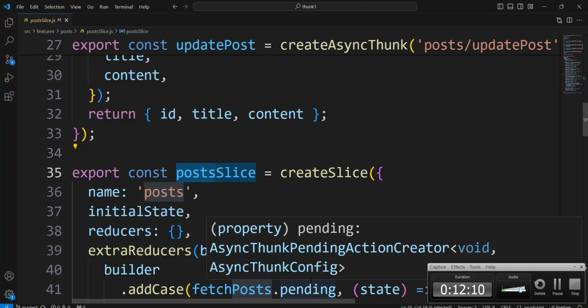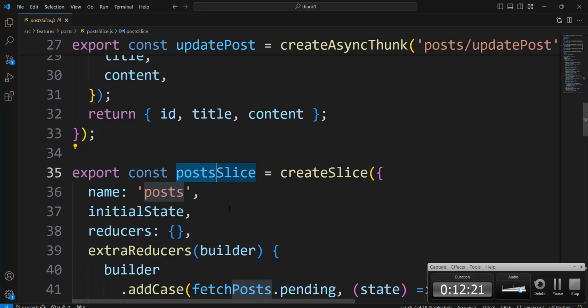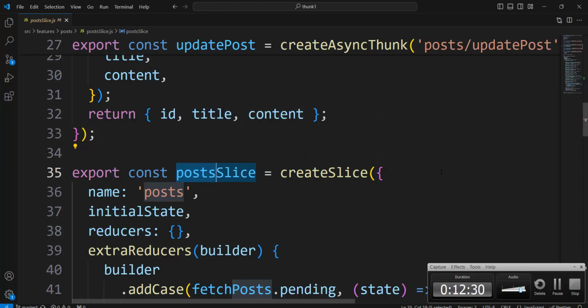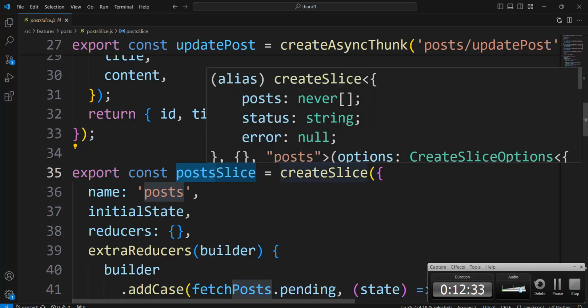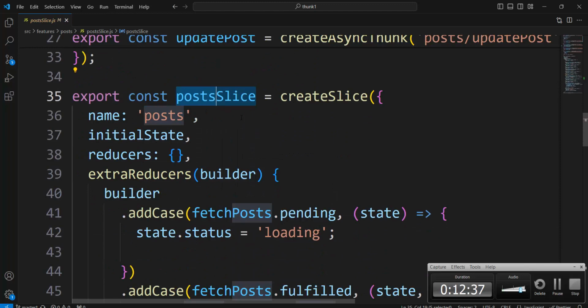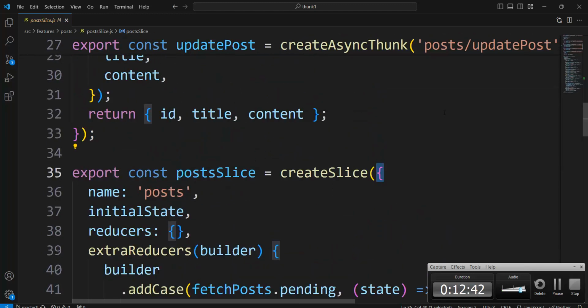There can be more reducers, and because of that we call it here a slice, postsSlice. We have only one slice, only one reducer in that store reducer, and we named it post. And all that we see here in curly brackets